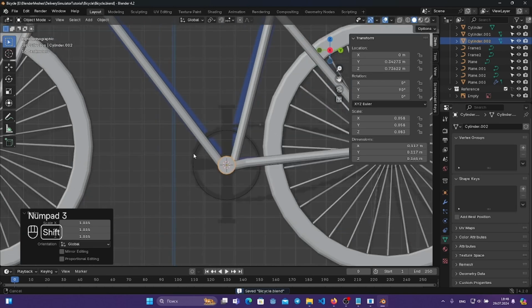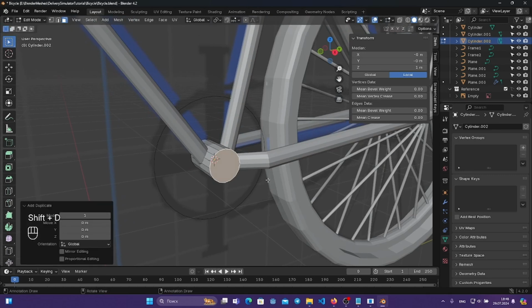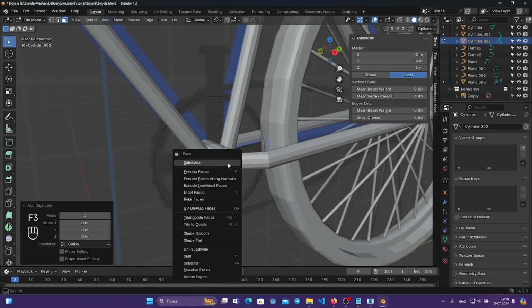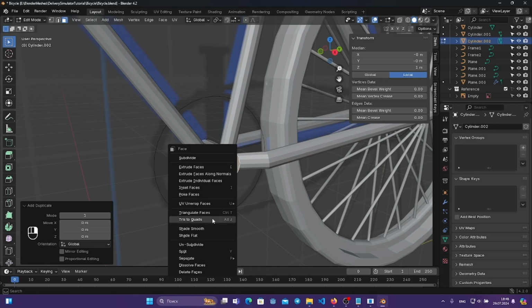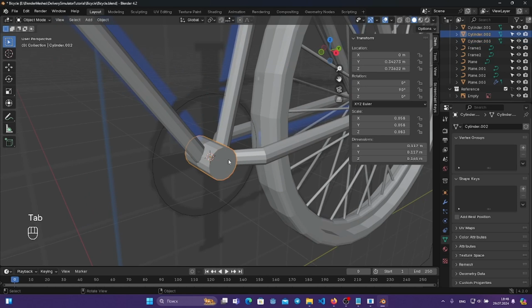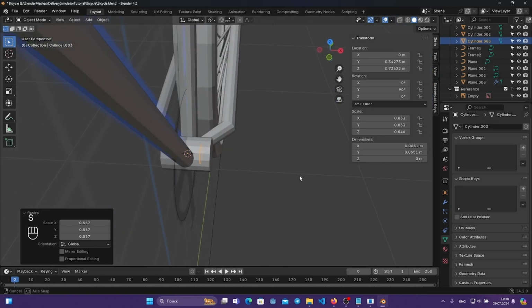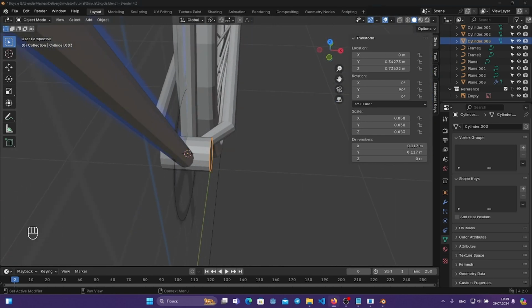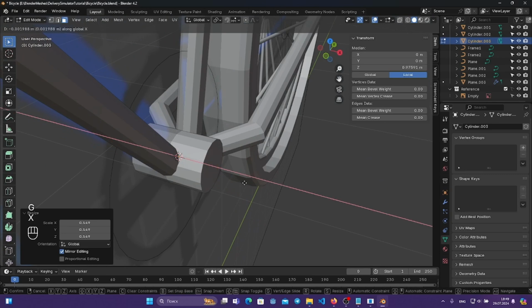Now let's go to the side view, select that face, duplicate, right click, and not F3, right click one more time and separate by selection. Okay, so now we have that face, scale it down. Go to edit mode, select it all and make it smaller. Maybe move it a bit